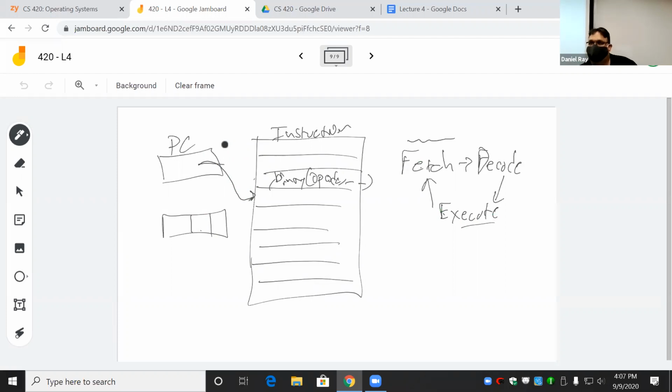One of the things that can happen when you execute an instruction is that it can be a jump instruction, right? And so instead of updating the program counter to the next thing, the program counter can go anywhere. It can go way down here somewhere, or it could jump back up to the top and do the same instructions over again. Jumping back up would be like iterating. That's what happens when you have a loop. Jumping to another place in memory would be like